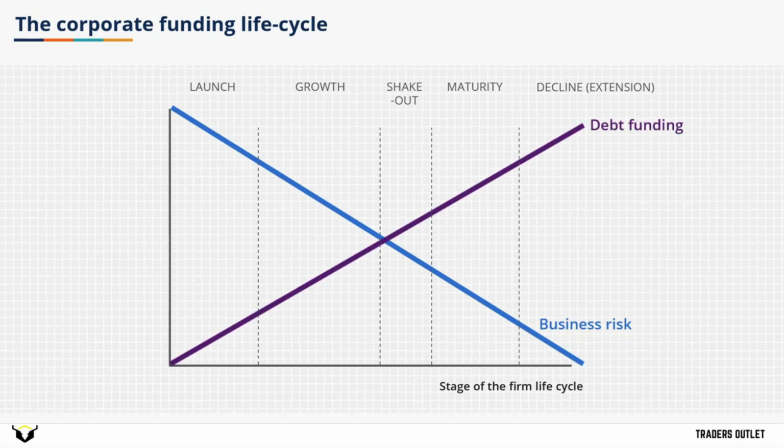A brand new startup is almost surely unable to get debt financing and will have to be all equity, whereas a mature, established business is able to use a lot of debt funding and might not have to use as much equity, although equity is generally available across the entire life cycle. So we can think about this in the coming lessons as we look at capital financing alternatives for companies and for projects or investments of any kind.